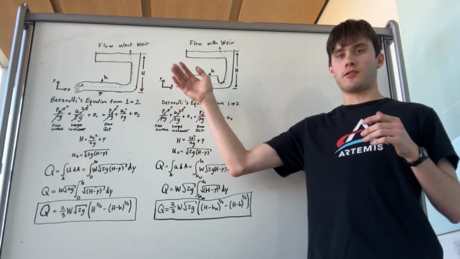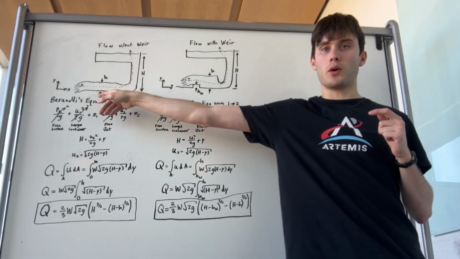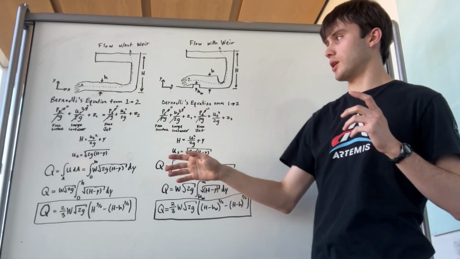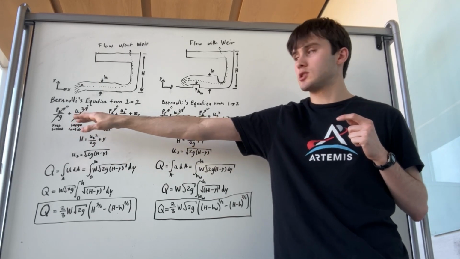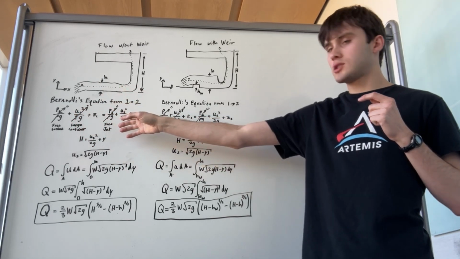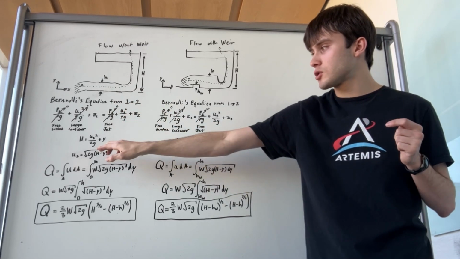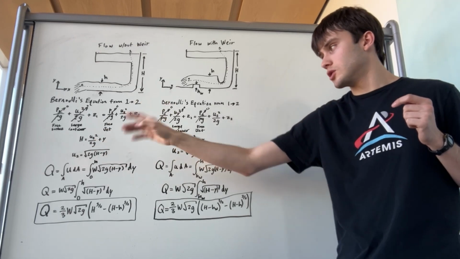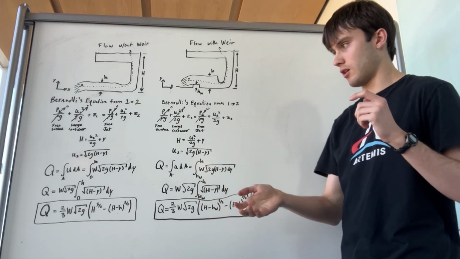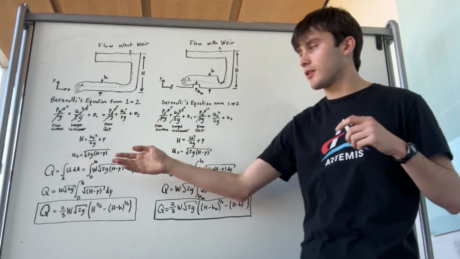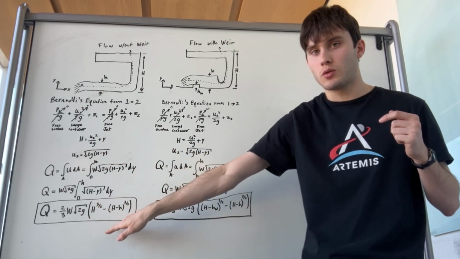Let's first discuss the flow without a weir. So using Bernoulli's equation from point 1 to point 2, we can find the velocity at point 2. We make the free surface and large container assumptions so these two terms cancel out. And at point 2, it's a free jet, so the pressure there is also 0. After a bit of algebra, we get that U2 is equal to the square root of 2g times (h minus y), which is also given by Torricelli's law. By integrating that velocity over the area, we get that Q is equal to this expression